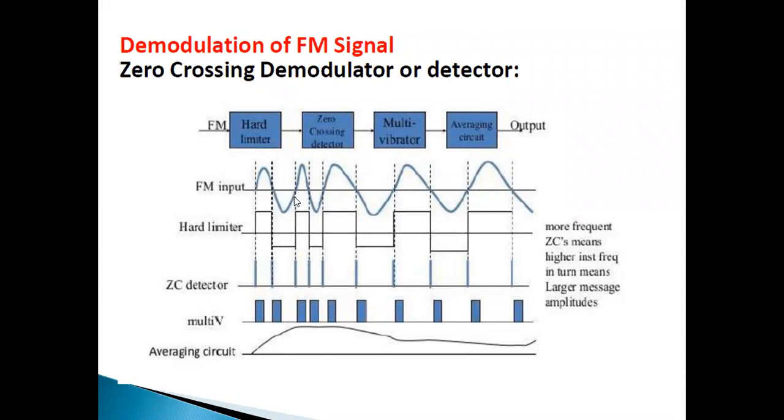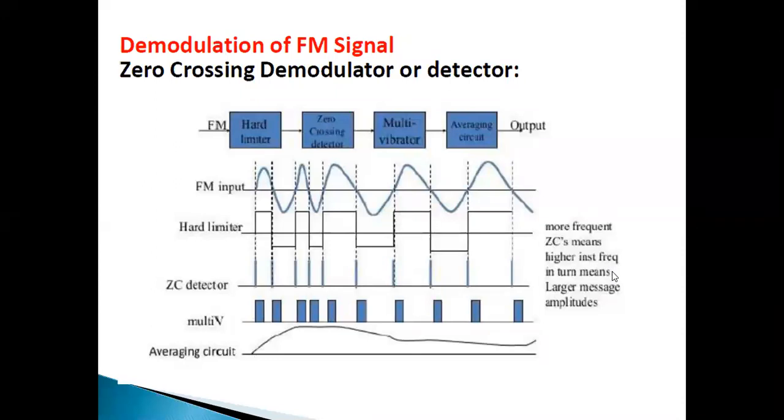These are the zero crossing points, and wherever we have a zero crossing point, we represent a dotted line. Then it forms a limiter circuit. More frequent zero crossings mean a higher instantaneous frequency,